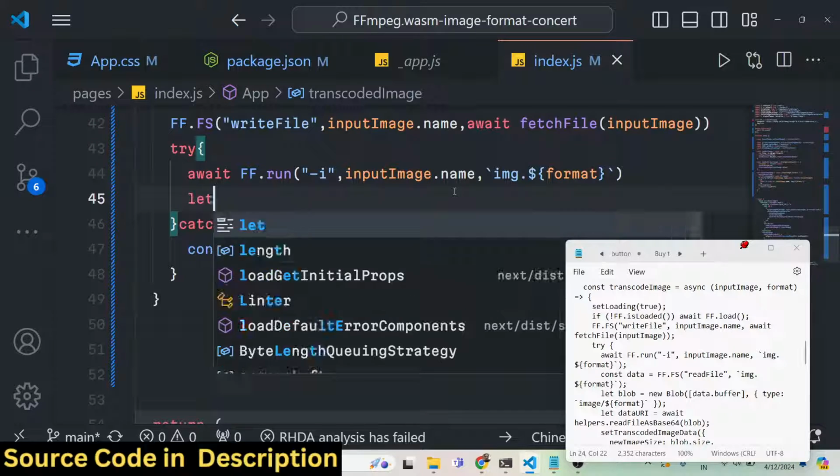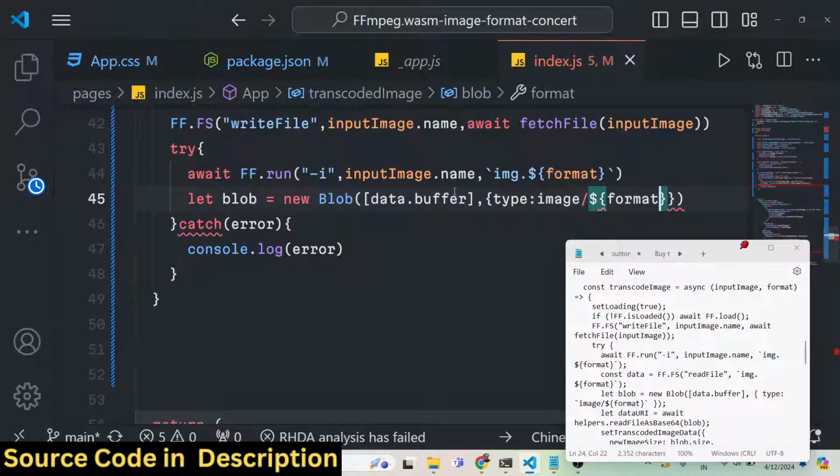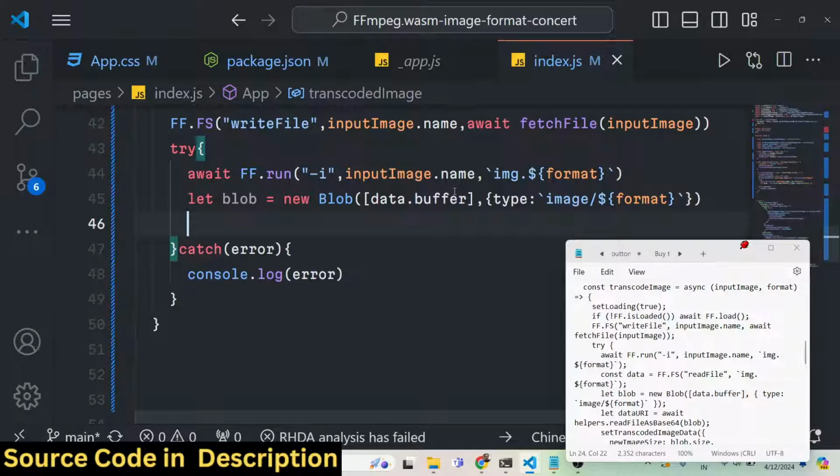So now we will convert this to blob. So data dot buffer, and this one type will be of image slash whatever is the format. Either you select JPG, PNG, whatever is the format, like this. So we are basically creating a new blob object, passing the data first of all as the first argument, and the second will be the type, mime type, and then it basically creates the data URI,